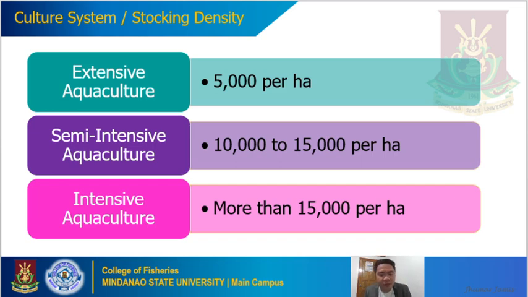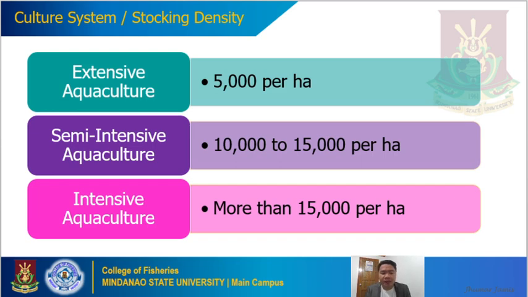Normally, extensive aquaculture will have a stocking density of 5,000 per hectare. The semi-intensive aquaculture will have a range of 10,000 to 15,000 per hectare, and the intensive aquaculture will have more than 15,000 per hectare, depending on the type of species being cultivated and depending on the amount of inputs being added in that particular